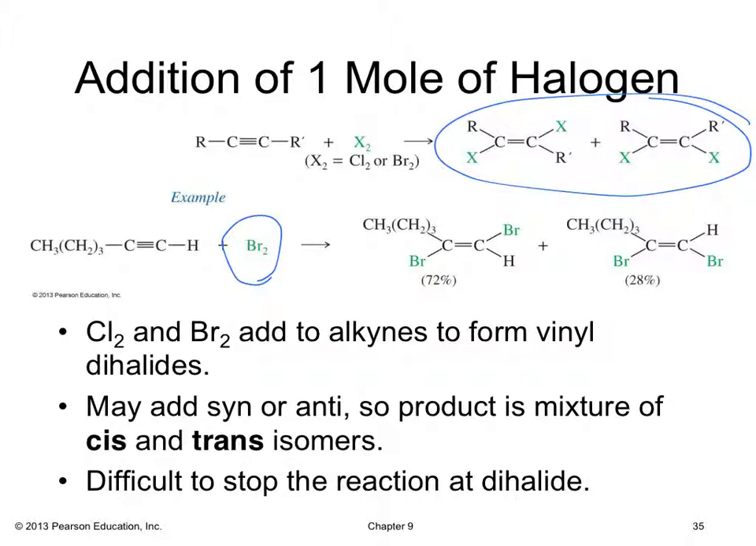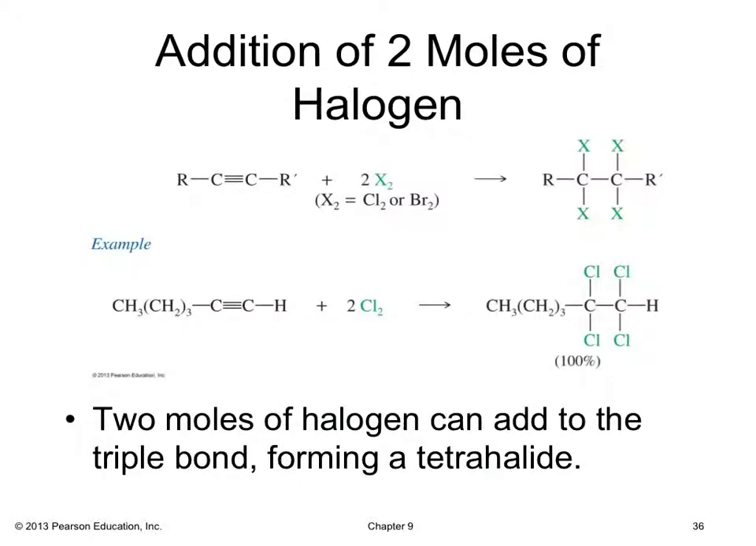So again, you're going to generate a mixture of the cis and trans isomers, and it's difficult to stop the reaction at the dihalide because oftentimes it'll go and reduce it all. So if you add 2 moles or 2 equivalents of chlorine or bromine, this triple bond gets reduced all the way down to the single bond. So as an example, here's chlorine, and then you have 2 moles of chlorine adding